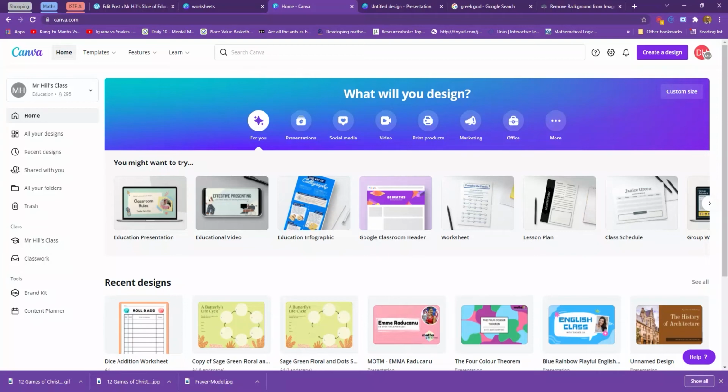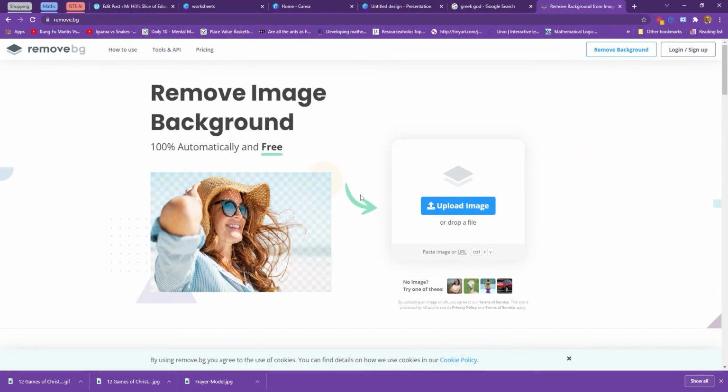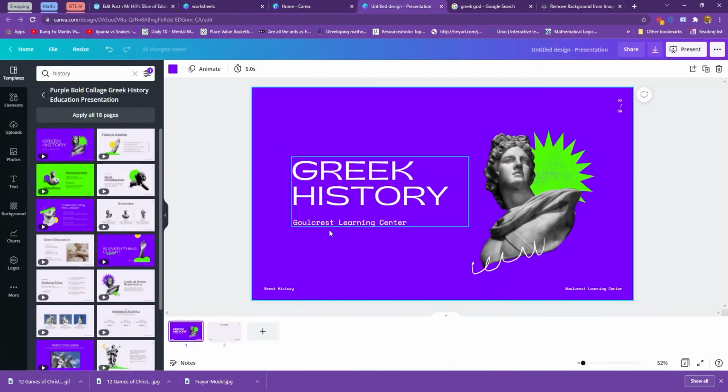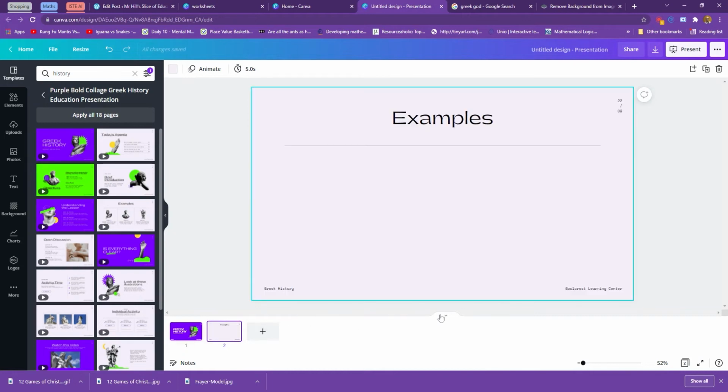Please don't use pictures with white squares around the outside. It's one of my bugbears from both adults and from my students, and it's so easy to not have that. Because, of course, you may have heard already, remove.bg is a fantastic website which does get rid of backgrounds really nice and easily. But when you're actually in Canva, say you're working on a Greek history module or presentation and